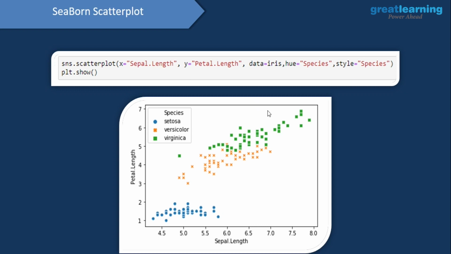Here we've got 3 different colors: blue, orange, and green. The blue color is for the Setosa species, the orange color is for the versicolor species, and the green color is for the Virginica species. Similarly, we've got 3 different styles. For Setosa, we have solid circles, for versicolor, we have crosses, and for Virginica, we have solid squares.